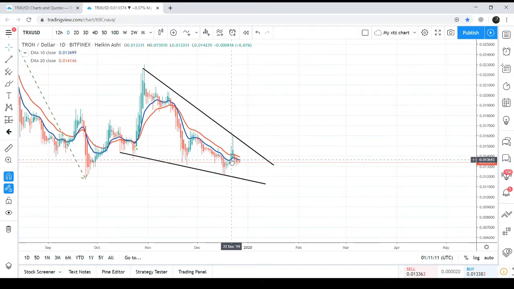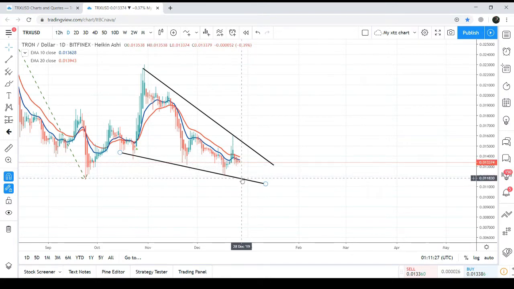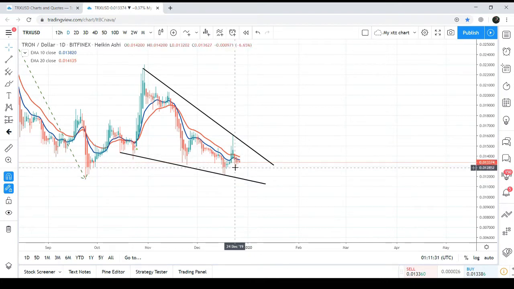Here it has crossed down once, but during this price correction period, the candlesticks have moved down again. But soon, when the price action will hit the support of the Bollinger Band or the support of this falling wedge,